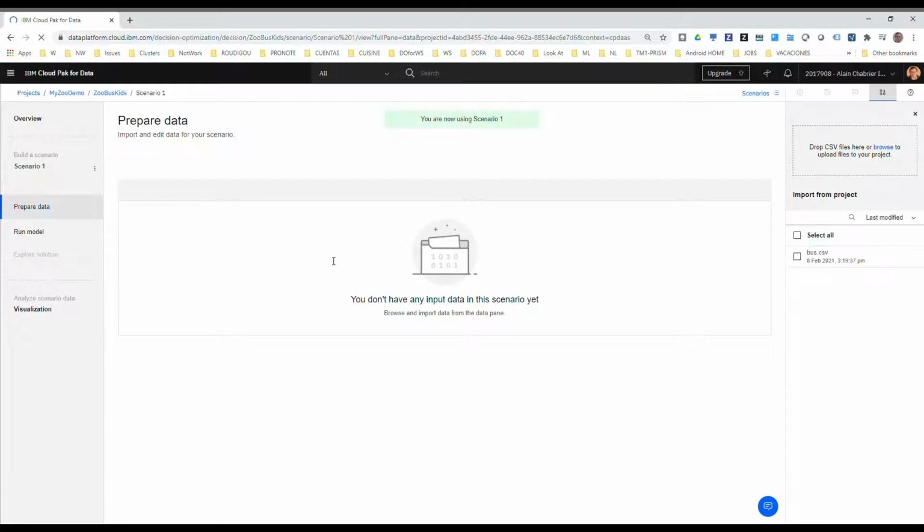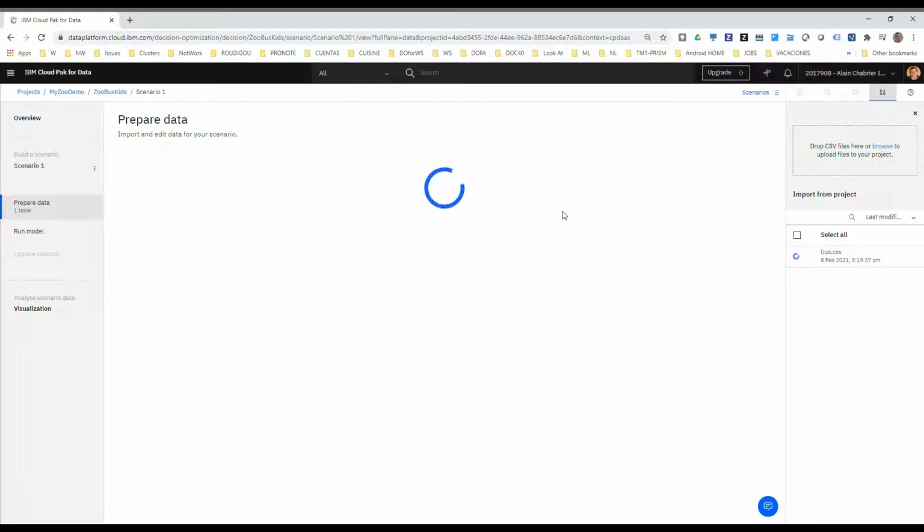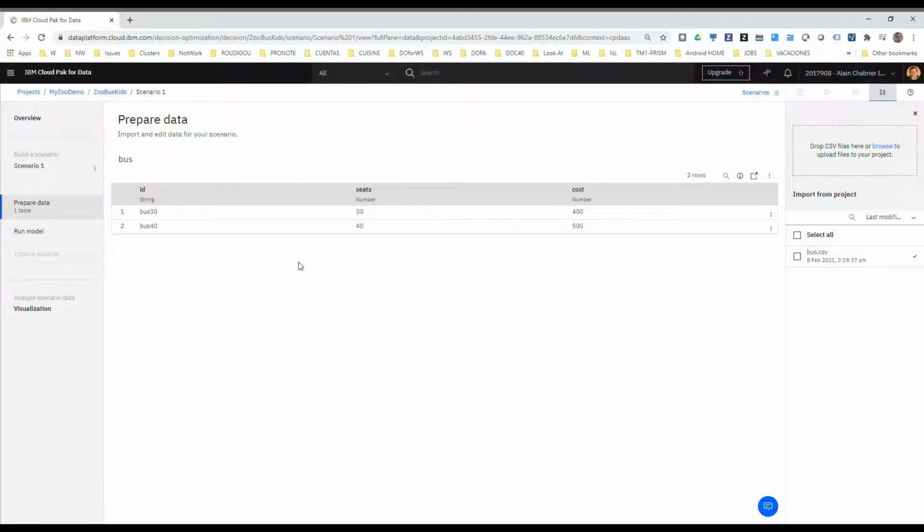And I have this very standard interface where the first step is automatically here for my scenario. Scenario 1 is created for me, with the 3 steps: prepare, run, and explore. Prepare data, and I can automatically select the only data set available in the project and import it. It will take this data set into the first scenario, and I will have a very simple preview of it, and I will be ready to start creating a model formulation. So you see, same data, no surprise here. I could change the name of the column or the table if I need. It's definitely not necessary here.